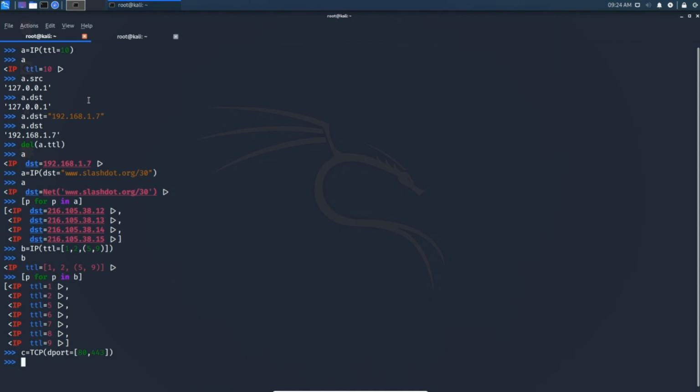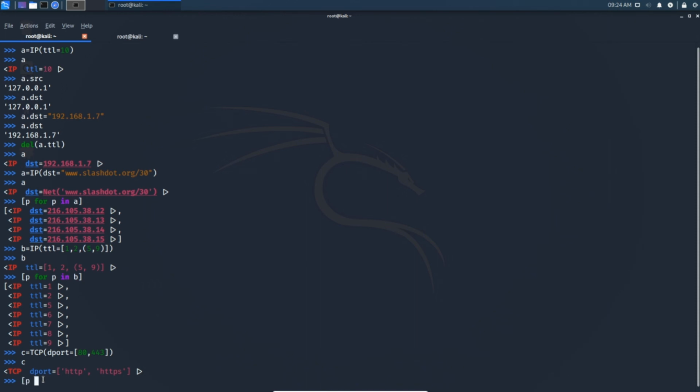Okay, and here we can do the stacking of the layers also. Stacking is nothing but the composition of two layers. Let me see what is the content of C. See here, 80 means HTTP, 443 means HTTPS, these are the port numbers. If we enter the port numbers, we get the port names. So that is the thing.